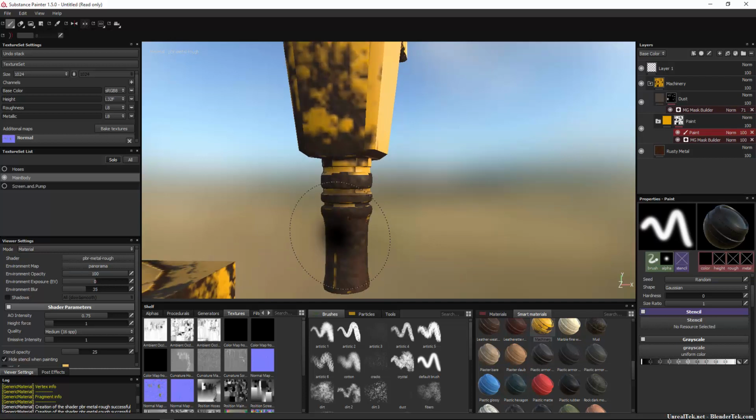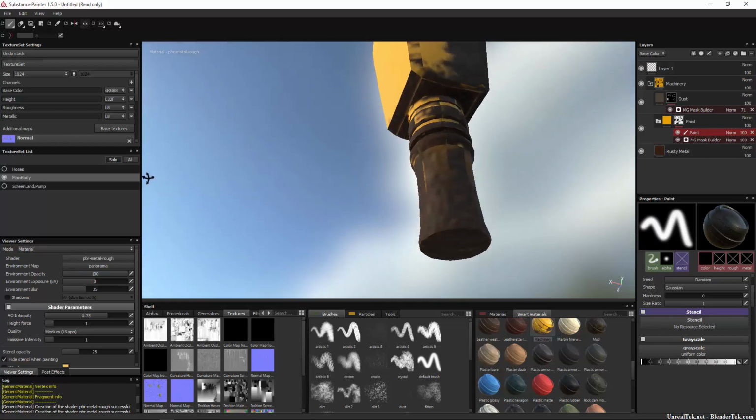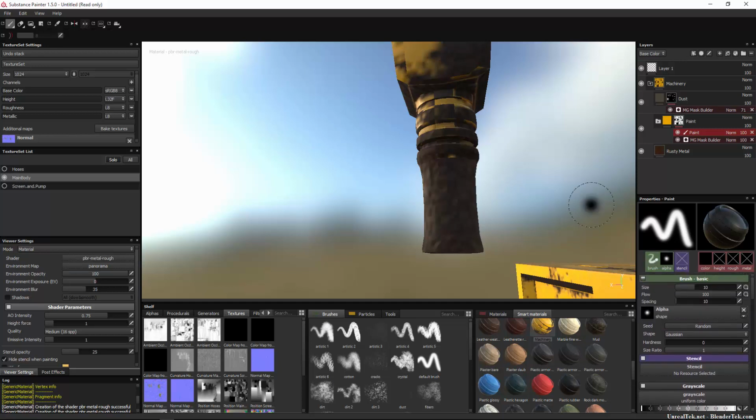So we'll zoom in nice and close using the controls we learnt, and we will paint all around it so that it is totally rusty. Now our brush is fairly Gaussian, whatever you want to call it. So what I'm going to do is turn the spacing down all the way. I'm going to bump up the size, but I'm going to take the alpha shape